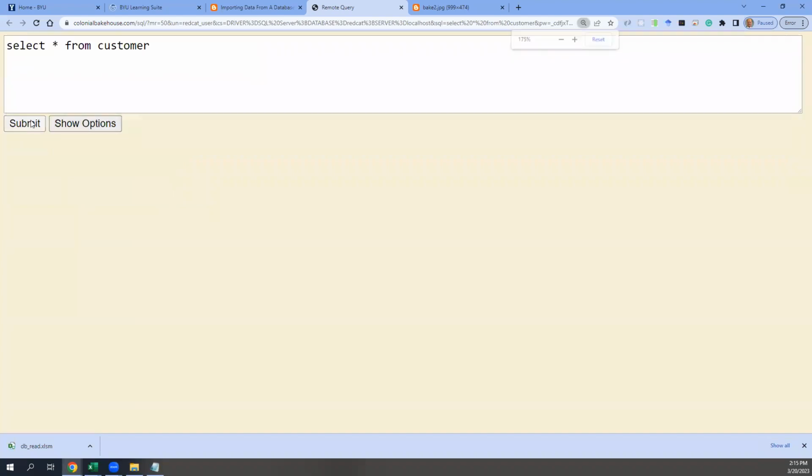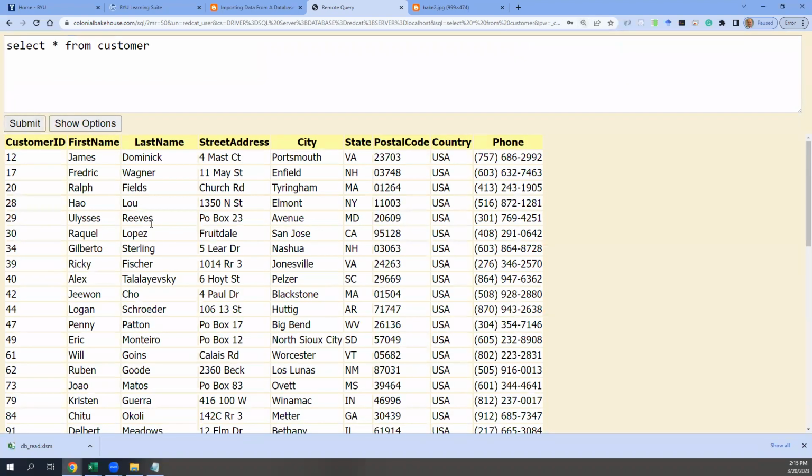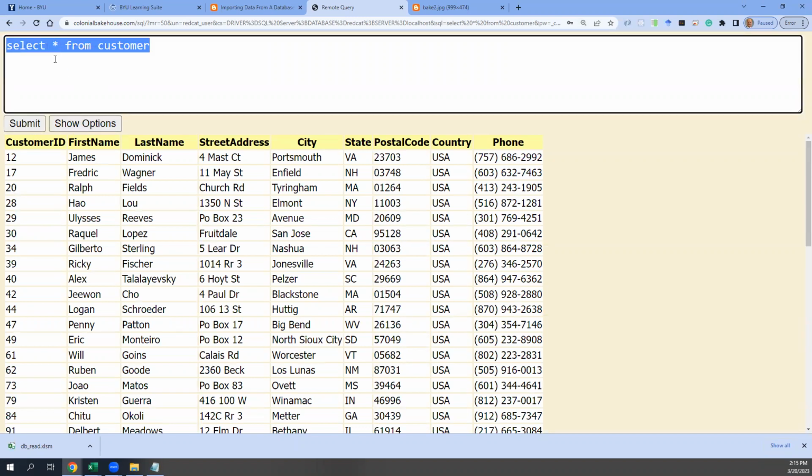Select star from customer, and I will submit and get the results from that table. Now, star says, show me. First of all, show me how comfortable you are with structured query language. Have you had zero experience with it, or a little bit of experience? So some of you are 5s, some of you are 3s, and a bunch of you are 0s. Okay. So structured query language is like the default language that we use for pulling data out of